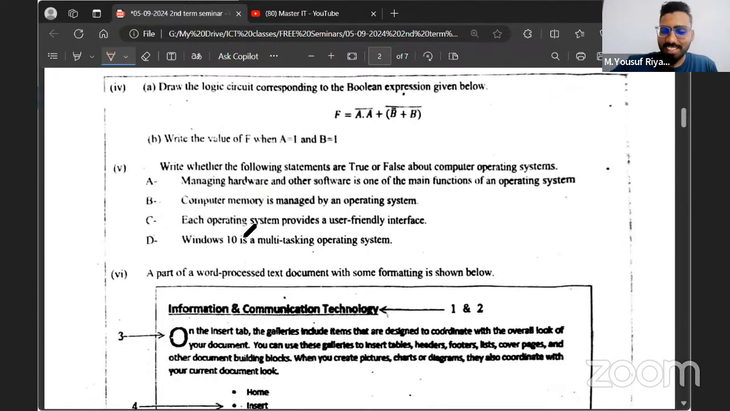Okay, next question. Draw the logic circuit corresponding to the Boolean expression given below. So they have given you a Boolean expression and they're asking you to